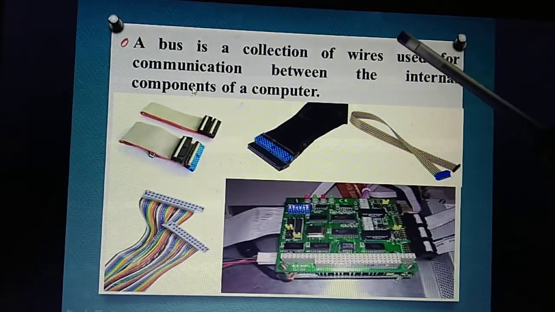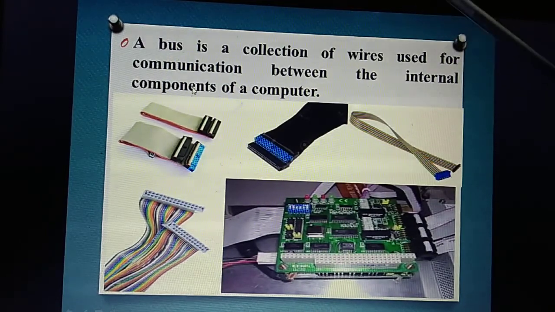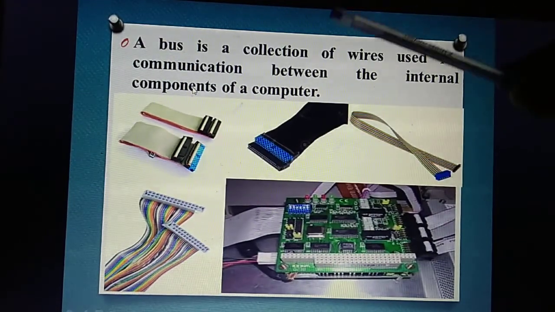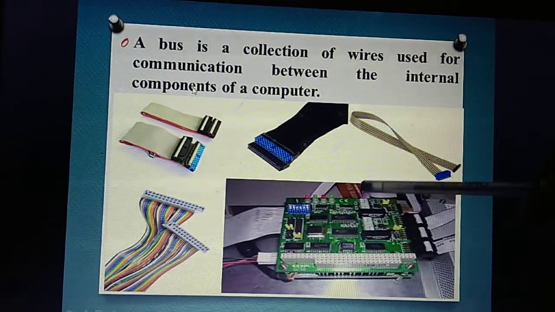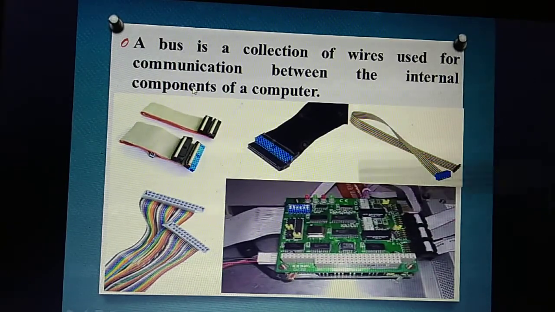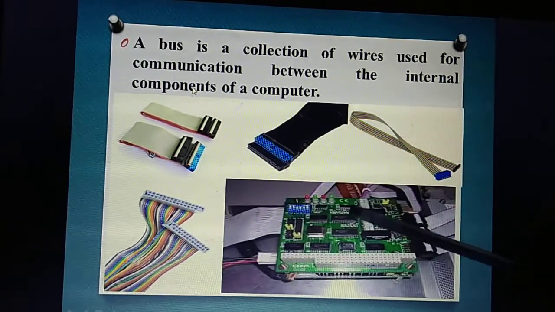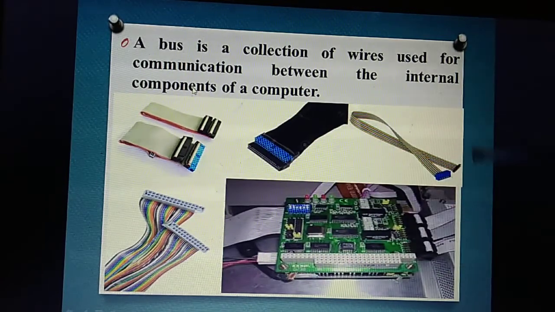This is the definition of a bus. Sometimes they will ask it as a 2 mark question. Okay, what do you mean by bus? Bus is a collection of wires. What's the use of wire connection in a computer? It is used to communicate between the internal components of a computer. The internal components are on the motherboard. How many components are there on the motherboard? RAM, ROM, likewise a lot of chips. All of these need to communicate. How does the communication happen? By being connected by means of this bus.